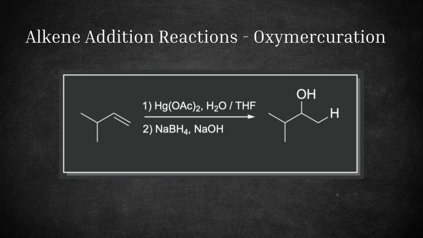To synthesize a secondary alcohol from this alkene, we can employ the oxymercuration-demercuration reaction. In the first step, the alkene is treated with mercury(II) acetate, Hg(OAc)2, in water and tetrahydrofuran, THF. This step facilitates the Markovnikov addition of a hydroxyl group to the more substituted carbon without forming a free carbocation intermediate, avoiding potential rearrangements. In the second step, the reaction mixture is treated with sodium borohydride, NaBH4, and sodium hydroxide, NaOH, which reduces the mercurial intermediate, replacing the mercury group with a hydrogen atom and yielding the secondary alcohol as